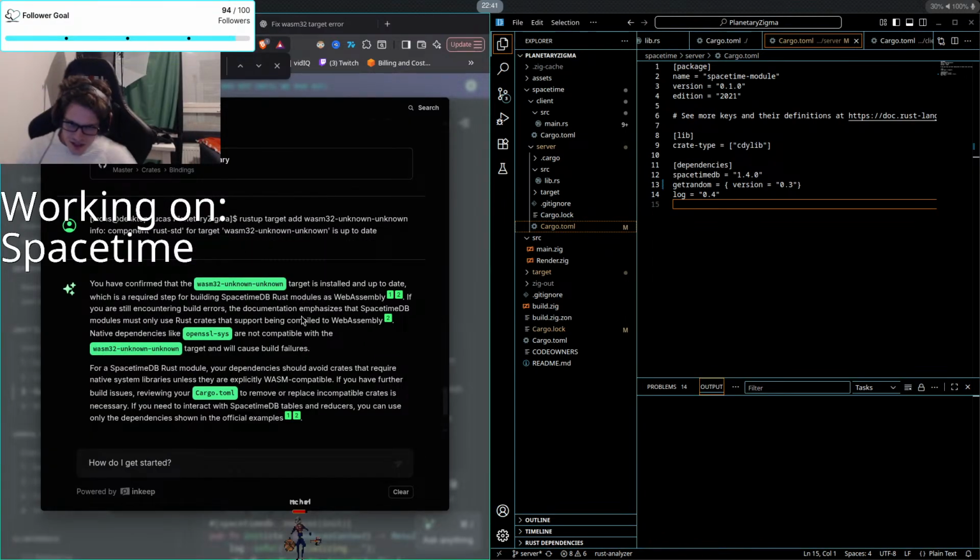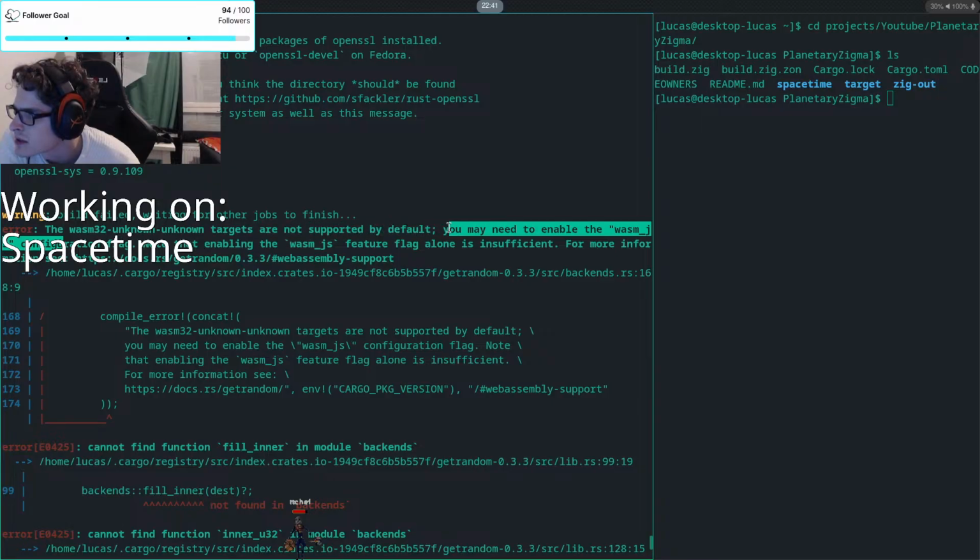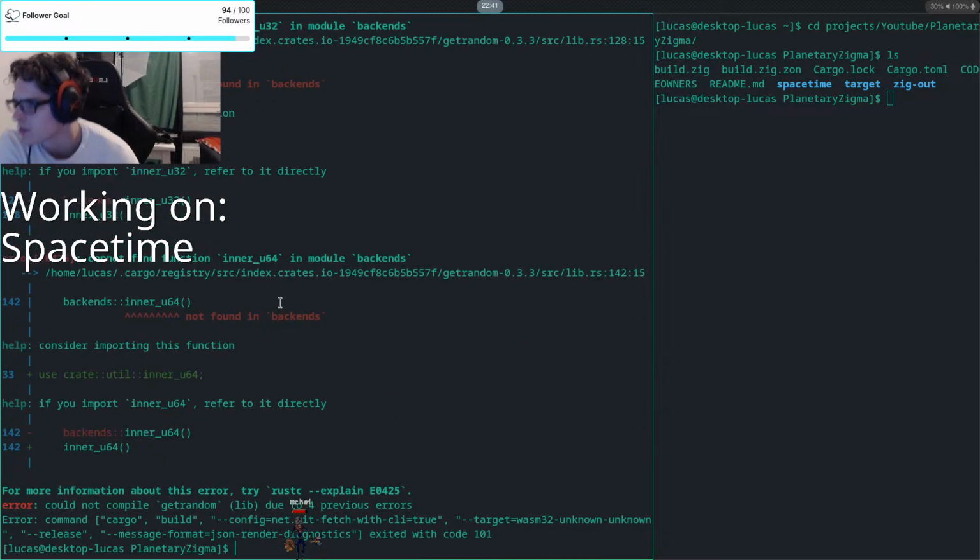I don't understand. Why is Rust being so weird? Why is the wasm target not super default? You may need to enable the wasm JS config for getrandom. Am I trying to compile?